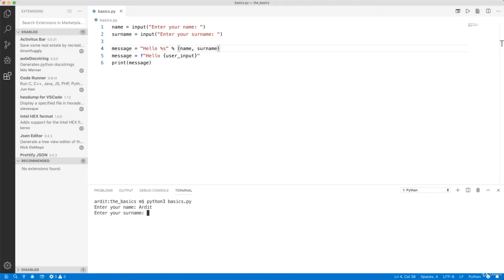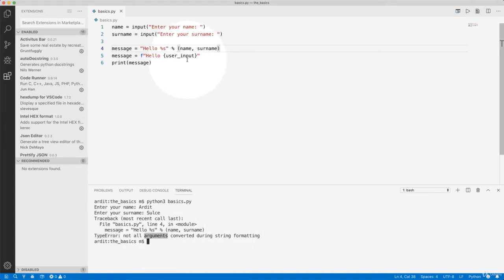Let's say Ardit Sulce, and you got a type error, not all arguments converted during string formatting, which means that the arguments are name and surname. Not all of them were converted because only name was converted because you only had one placeholder here, %s. You want to have two placeholders, one for surname too. If you execute that,